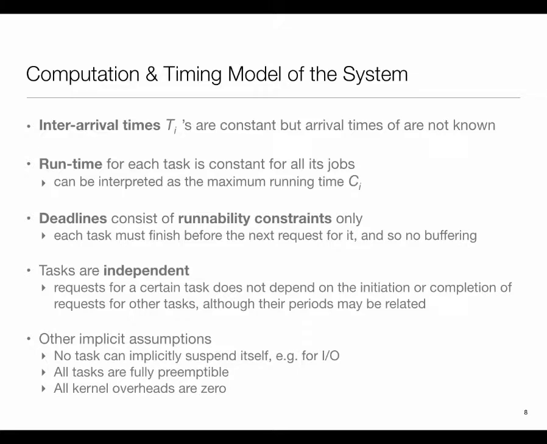Now, with these things put together a little bit more formally, Ti represents inter-arrival time, which we are calling periods, and in the simplest models we are saying Ti is constant, that is, things are periodic. Runtime: we'll assume that every job of a given task takes a corresponding worst case execution time. Deadline: each task must finish before the next request. So deadline could be equal to T or less than T. We're not going to worry about the case where deadline is more than T, so no buffering.